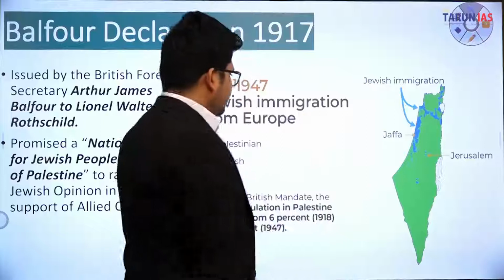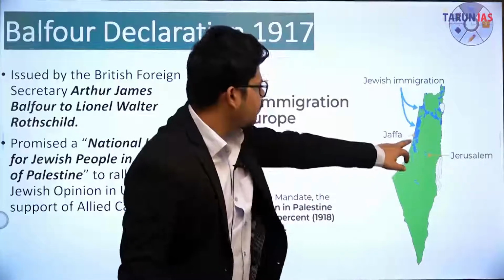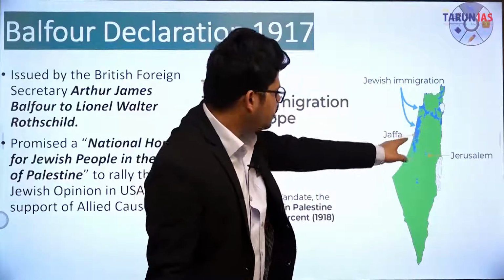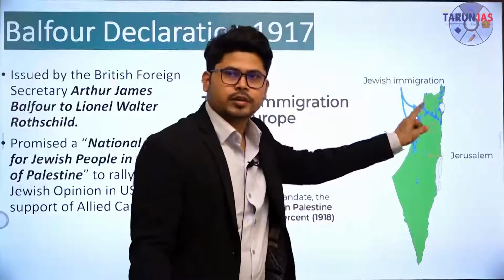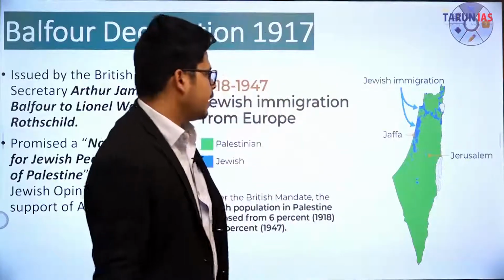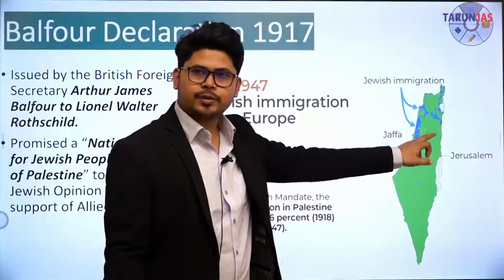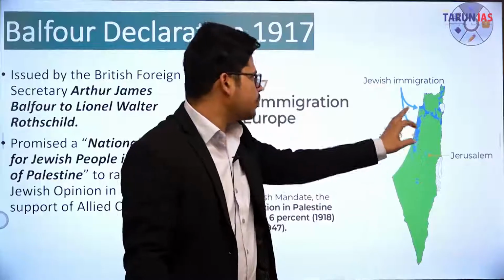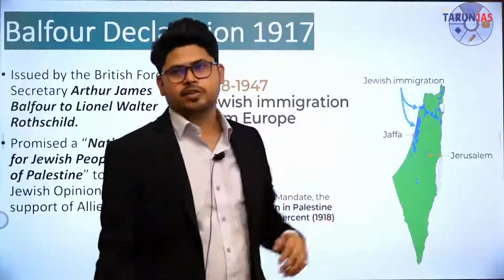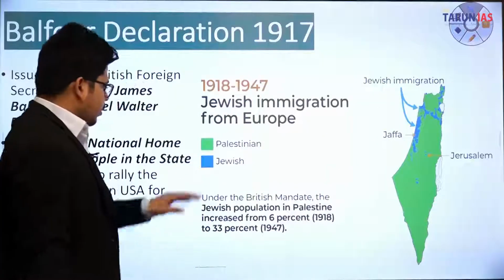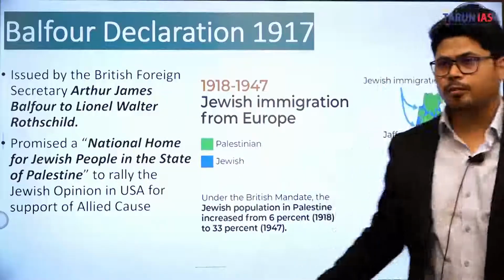ठीक है. Now this is a pictographic representation of how Jewish migration, Jaffa, Haifa, and all these places, ठीक है, migration took place from Europe to what? The current, that Ottoman Palestine. ठीक है, that was Jerusalem. The green portion represents the population that was dominated by Palestinian Arabs. The blue portion represents the population that was dominated by Jewish immigration. ठीक है. Okay. In all the subsequent diagrams or figures, you will observe how the demography of the area